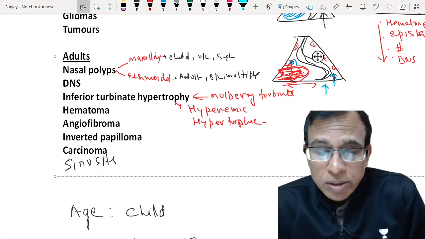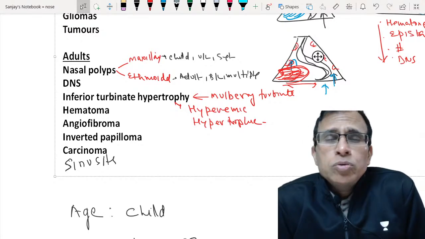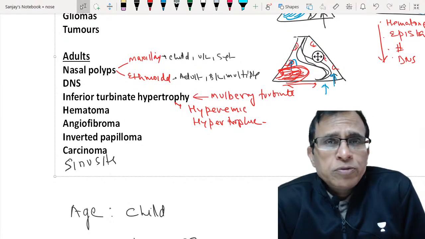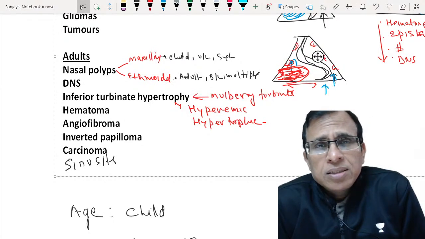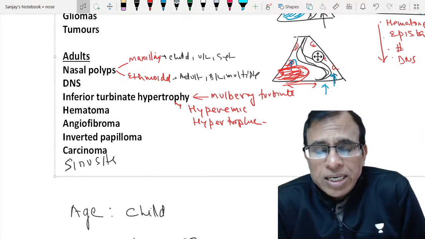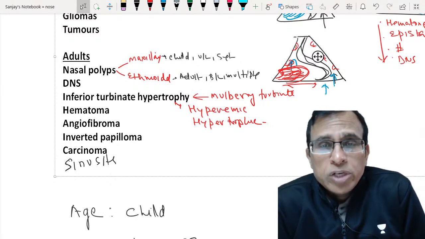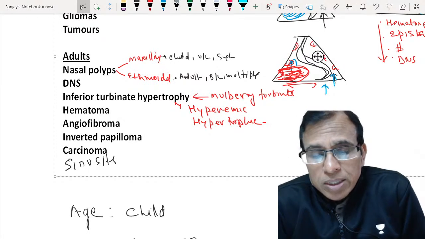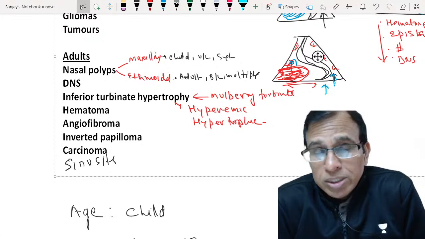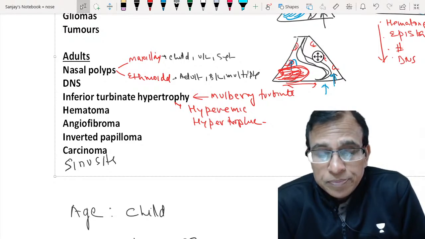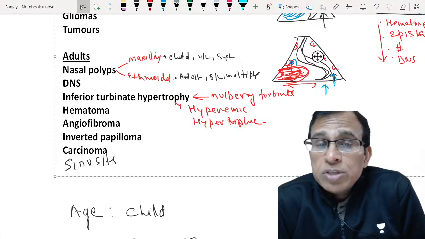So again, all tumors are an altogether different ball game. You have to properly examine, investigate, and then they have serious implications. And treatments are usually surgery or radiotherapy or chemotherapy, depending on the type of tumor. In this, we cannot discuss tumors because tumor is a big topic altogether. We have to have a separate chapter for that. But they are very much causes of nasal